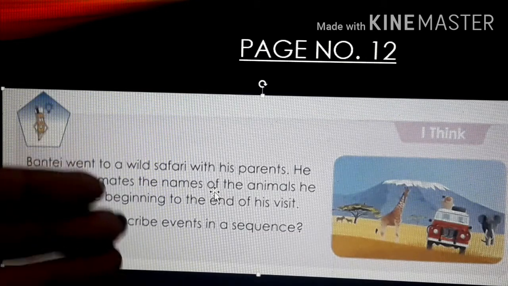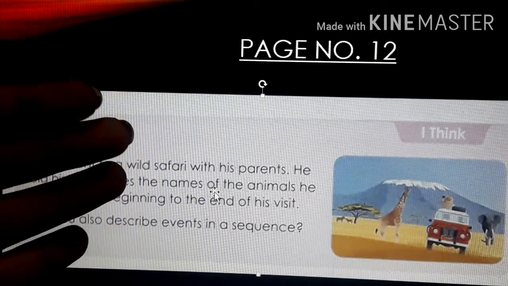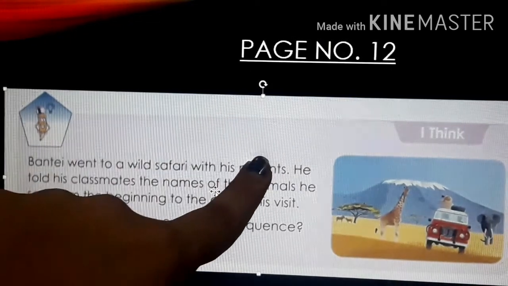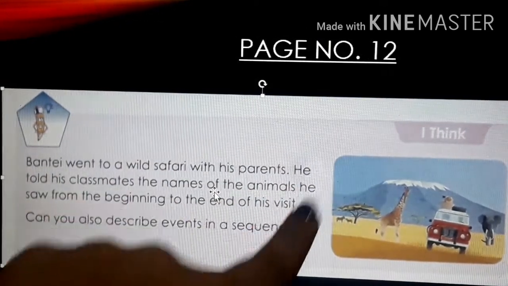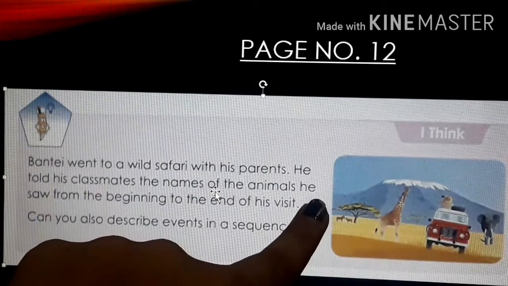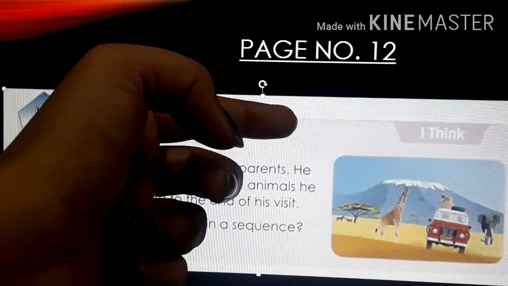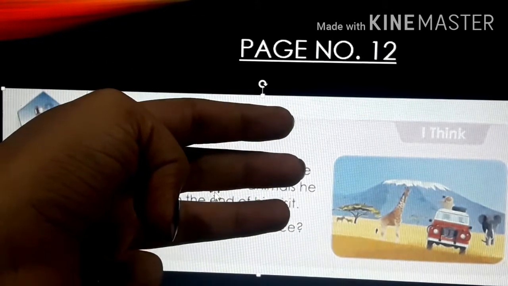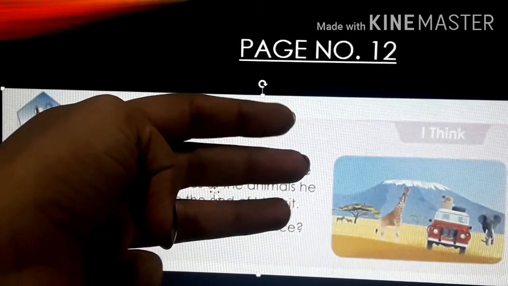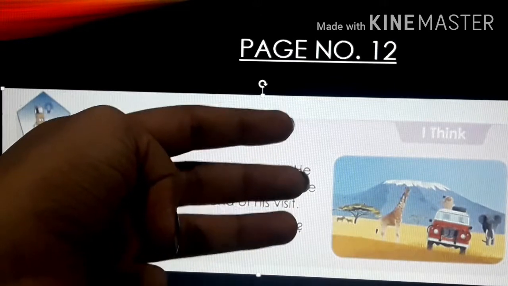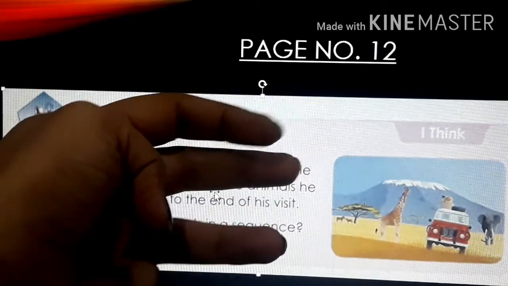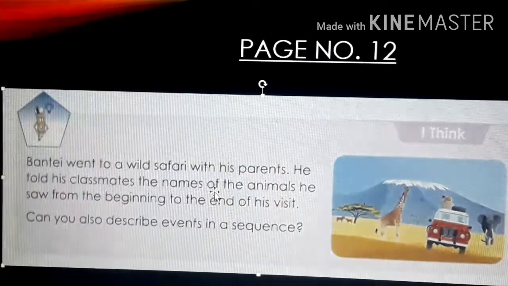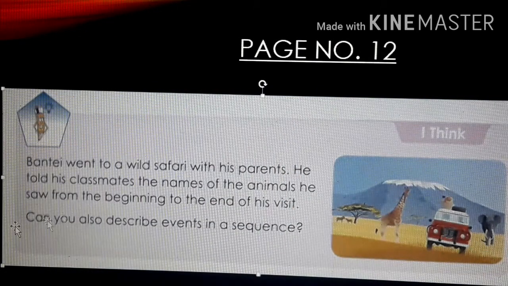Sequence means what? Children, suppose we have breakfast in the morning, right? Then lunch in the afternoon and dinner at night. Okay, so first what comes? Breakfast, then comes lunch, then comes dinner. So I have arranged this in sequence, one after another, what I do from morning, afternoon, night. So children, these three I have arranged in sequence. So this is sequence. Clear?